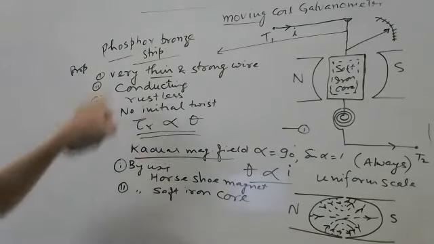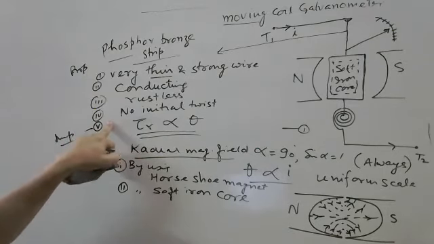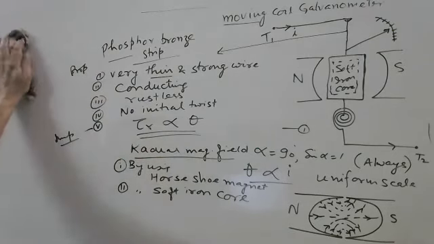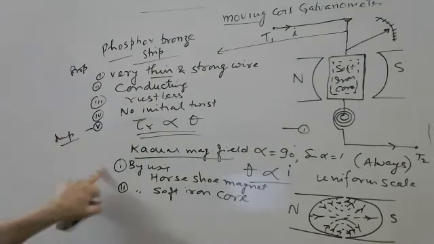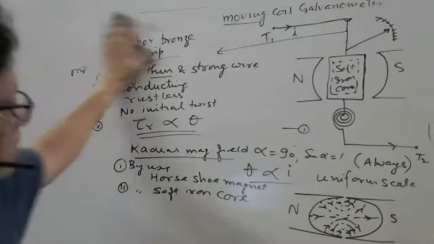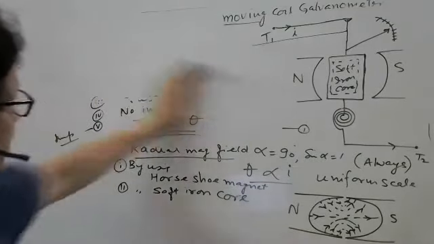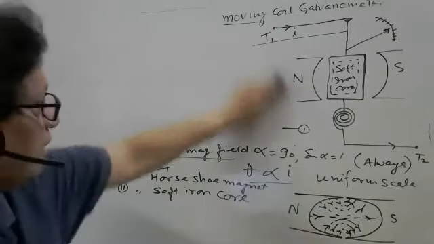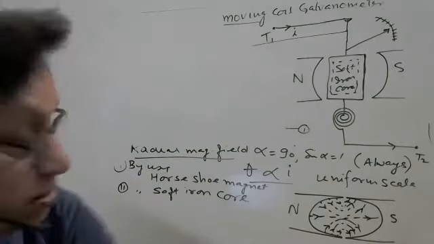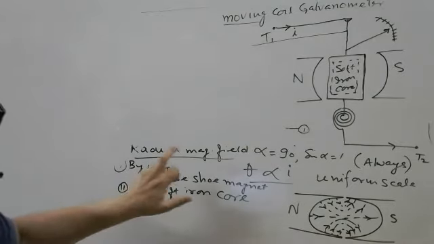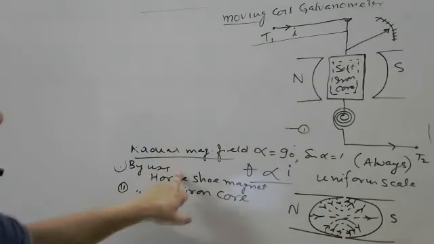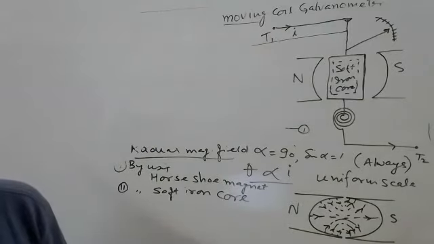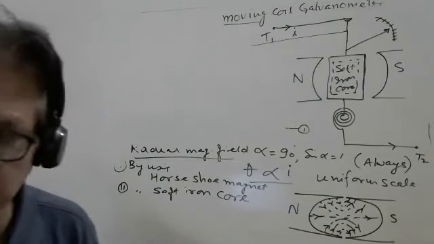You have noted down this property. Sometimes in a one mark question it comes: what is the property of phosphor bronze steel, or why is this radial field required here, and what is a radial field? Whenever this question comes in a detailed 3 marks question, you must write the radial field also, and the properties of this phosphor bronze steel also. These two things are very important.